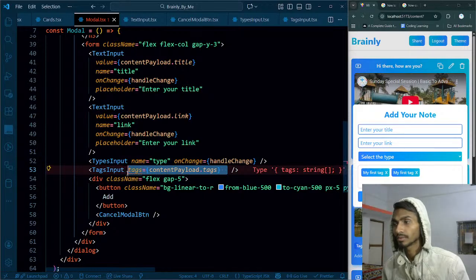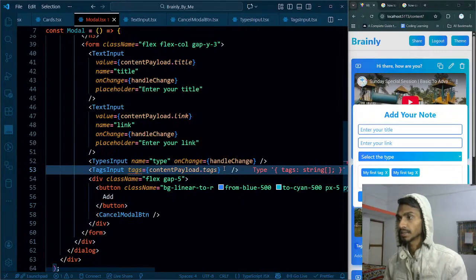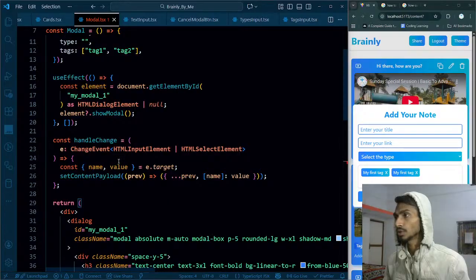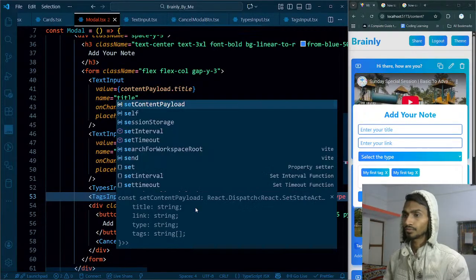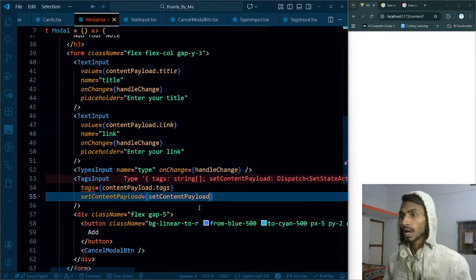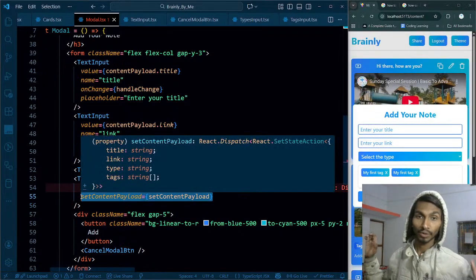So what I'll be sending is tags directly, and I can say set, because I have to get many things done inside the same thing. It's better not to have many functions over here. I have 2 functions right now. Let's get the remaining things done there. So set content payload is gonna be set content payload. I'm sending the whole set content payload just because I have to get many things done over there,